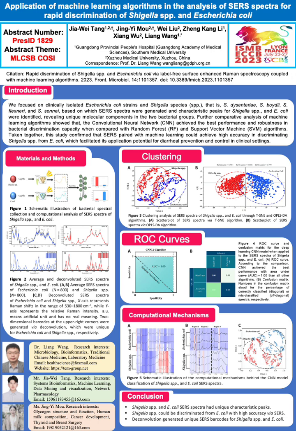Evolutionarily speaking, Shigella species are positioned within the phylogenetic tree of E. coli. Therefore, discrimination of Shigella species from E. coli is very difficult. Many methods have been developed with the aim of differentiating the two species, which include but are not limited to biochemical tests, nucleic acid amplification and mass spectrometry, etc. However, these methods suffer from high false positive rates and complicated operation procedures, which requires the development of novel methods